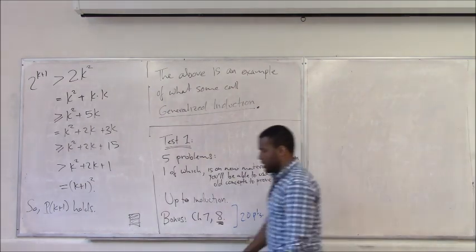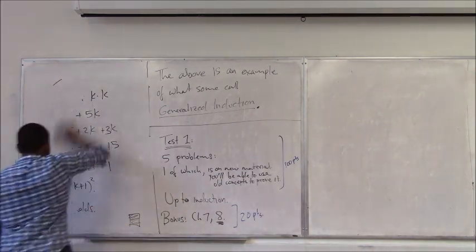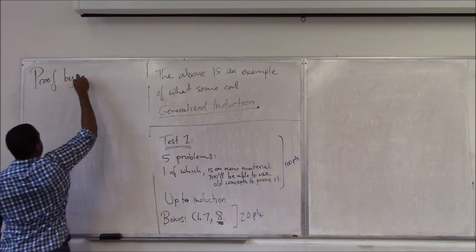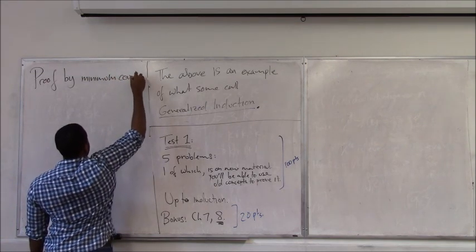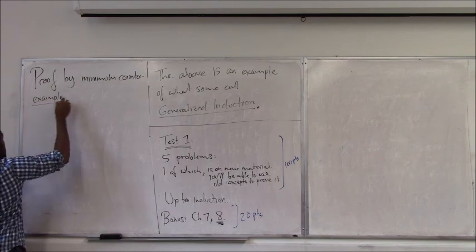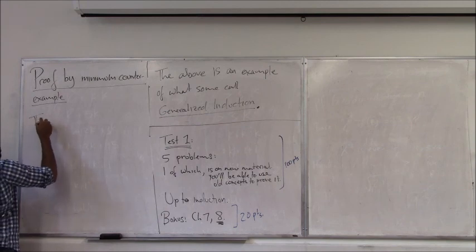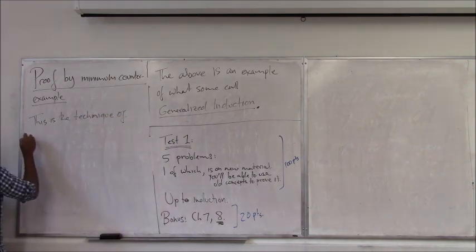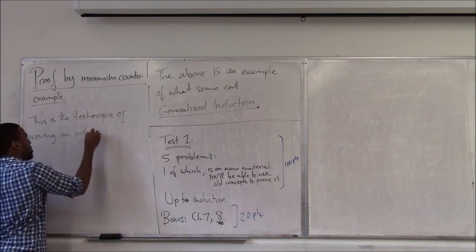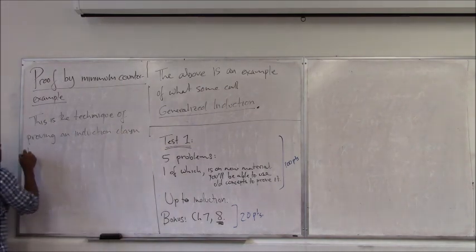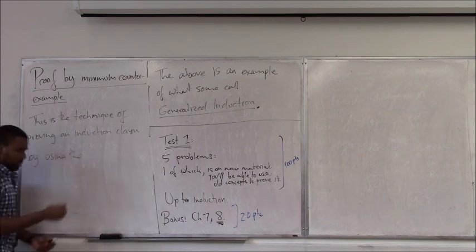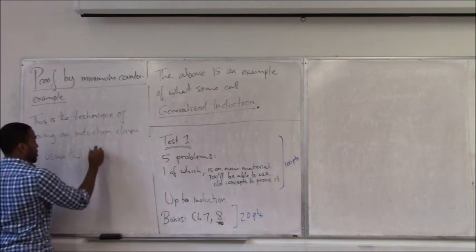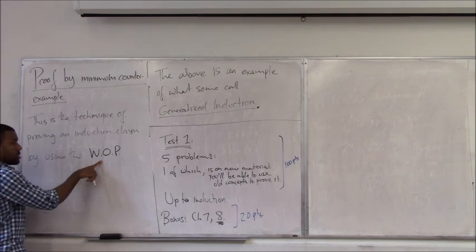Let's branch off into a new idea. We've actually seen it before. Proof by minimum counterexample. This is the technique. Proving by using the well-ordering principle. That's the theorem that says any subset of the natural numbers has a least element